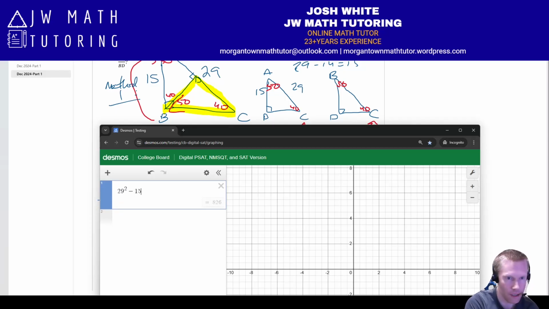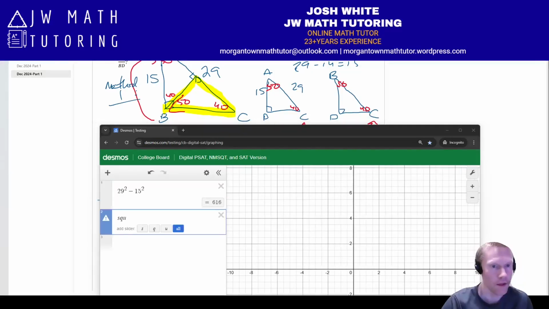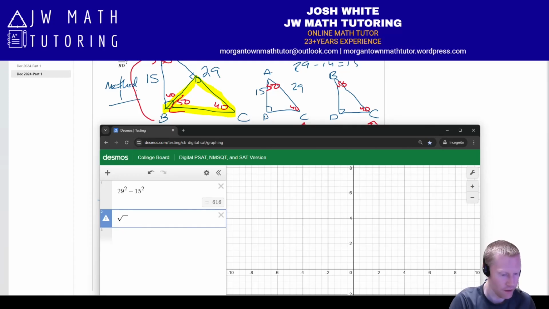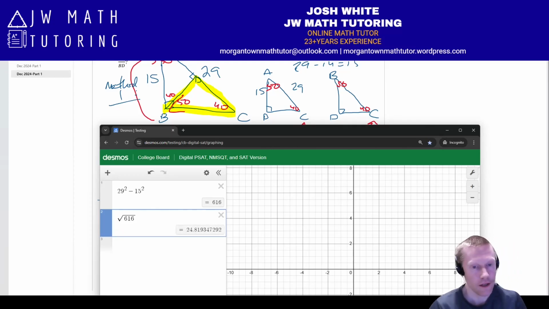That's 29 squared minus 15 squared. Yeah, 616. Now you could take the square root of that. Okay, and you get this value. Now, I am going to just show you actually, though, a much quicker, easier way to solve an equation using